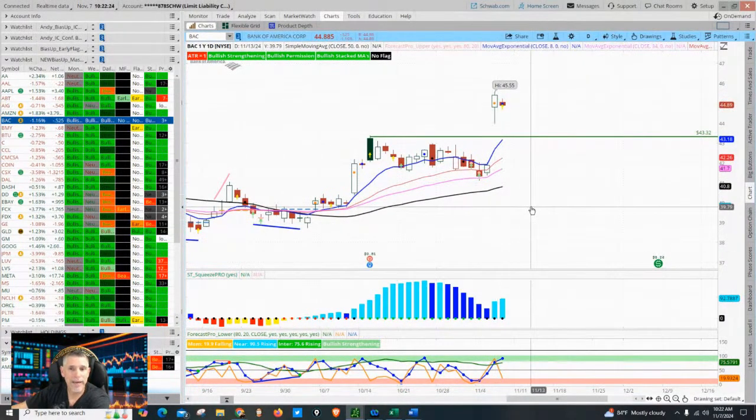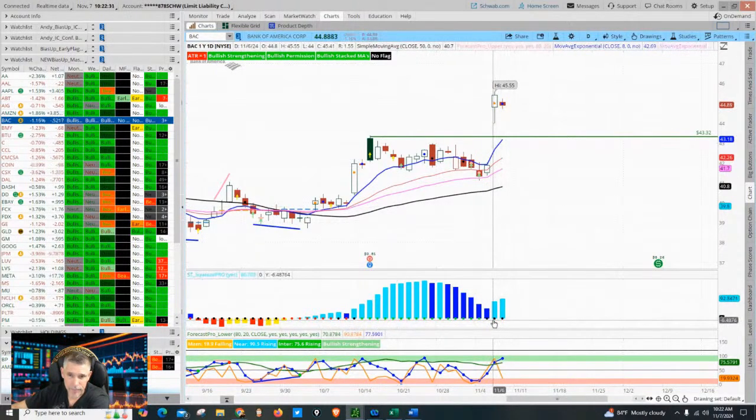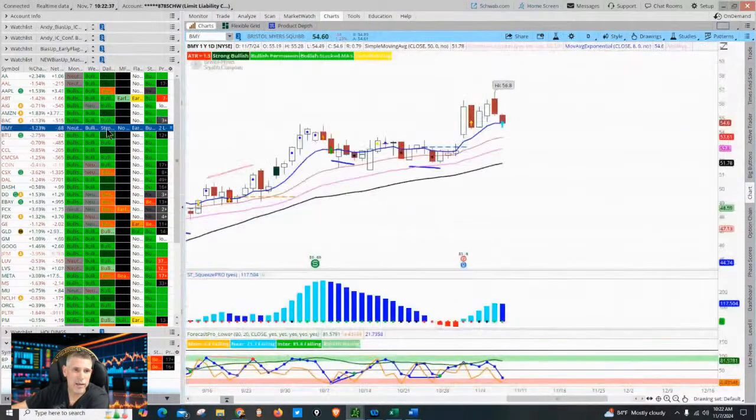Bank of America, no setup. Actually, green to black. Bank of America is a bias up, green to black setup. It is. If you don't trade green to black, you don't care. Only write down the setups that you trade. Bristol Myers Squibb. Good one. What's the setup? Well, this is interesting. Here's a low. Here's a high.